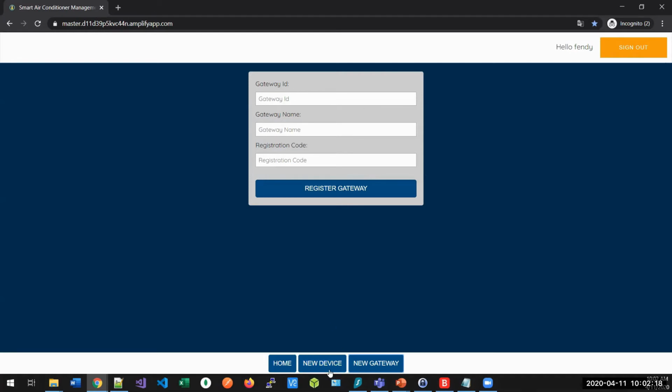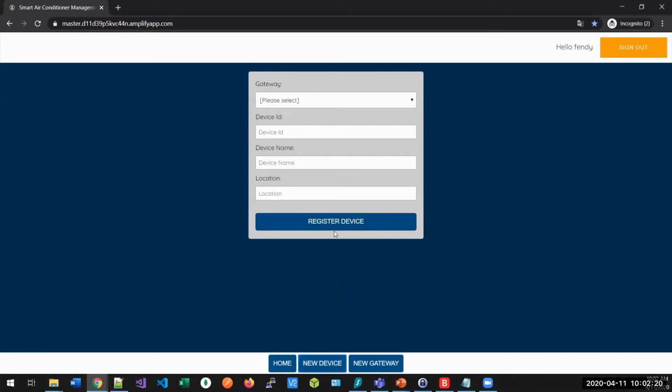To register a new device, the user can click this new device and then fill in all the details. The term device here is not the aircon, but rather a controller that directly controls the aircon. In our project, device refers to the Pi Zero that controls the aircon. For the location, the user needs to fill in user-friendly names, such as kitchen, bedroom, living room, level 2, etc. Again, as I mentioned earlier, automation of registration for this device would be implemented for user convenience.